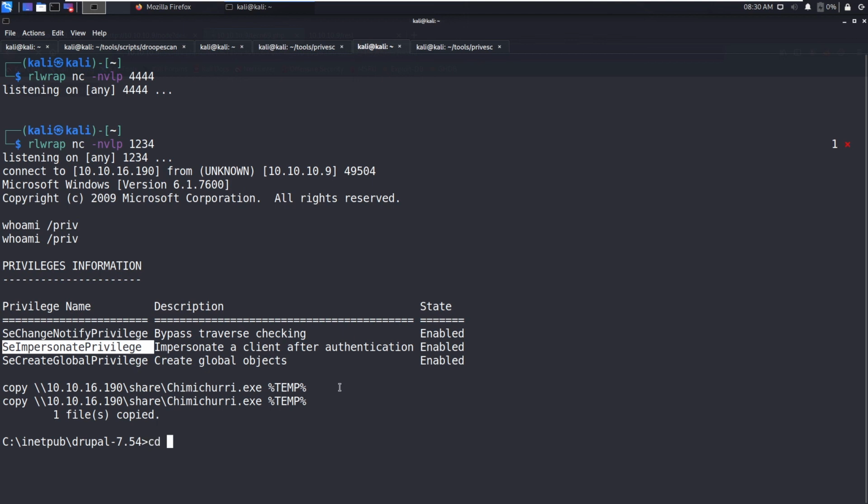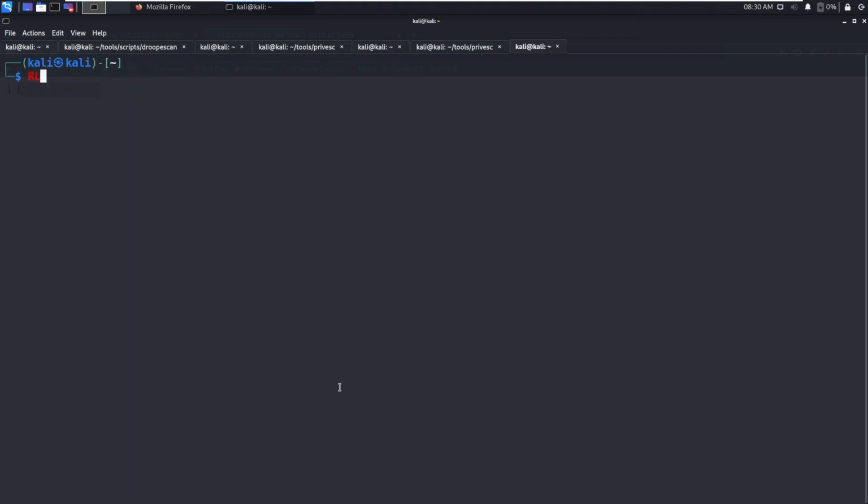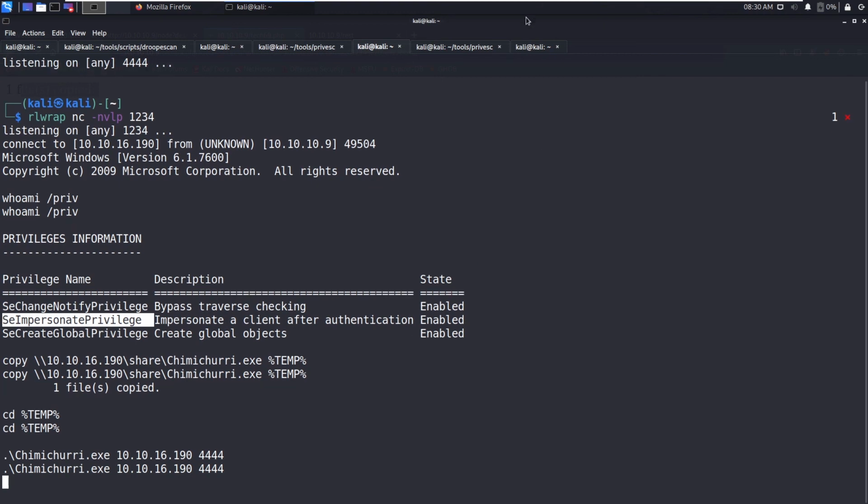So let's go to temp, then run it with the IP and the port, 4444, and hit enter.